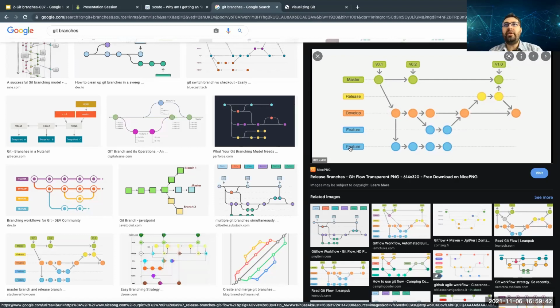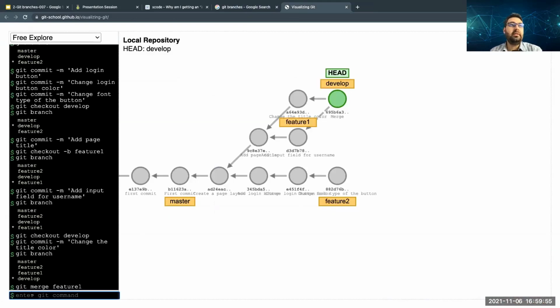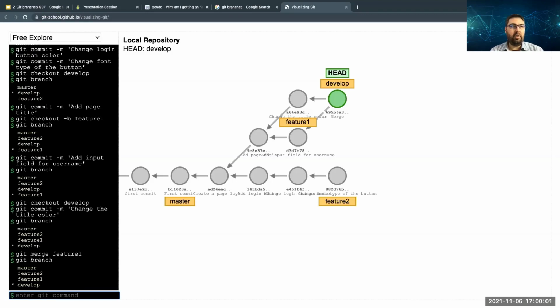Before we merge feature 2 to the develop, first of all, we need to go to develop. Then we will run the merge command. I'm sure that I'm in the develop branch, yes. Now let's merge all the changes on feature 2 to develop.